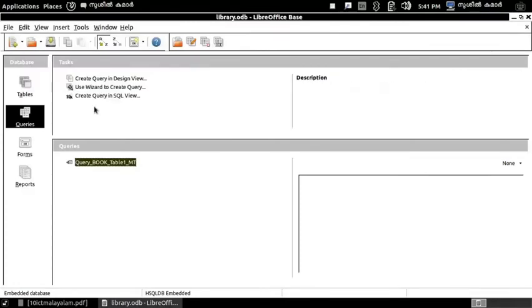Then I am going to create another query. So press use wizard to create query. Then forward the column names to the fields in the query. Select each name and press the arrow.